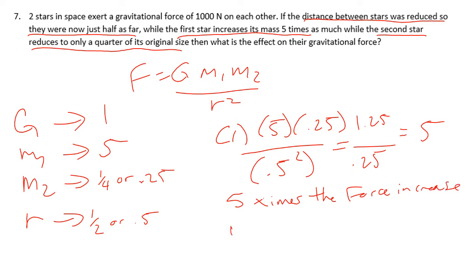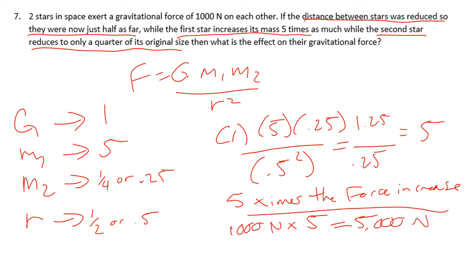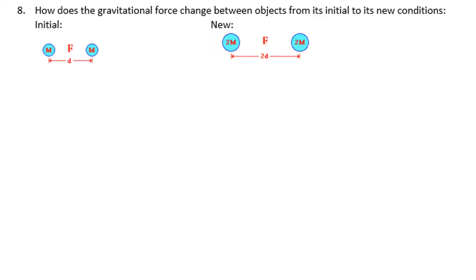So we're going to take our original force of 1,000 newtons. Then this time we multiply it by the factor that we got. It's going to give us an end result of 5,000 newtons. So 2 components. Next one, it says, how does the gravitational force change between the objects from its initial to